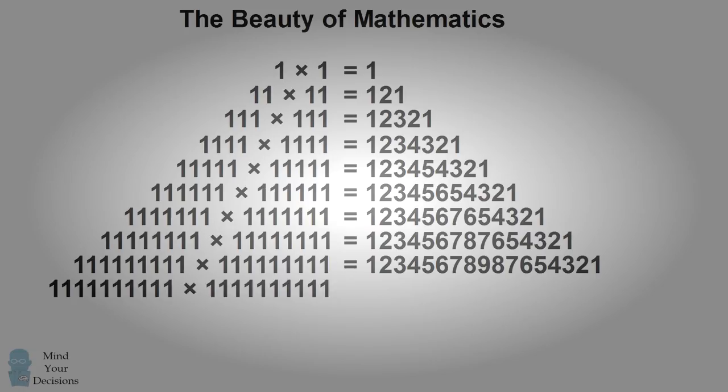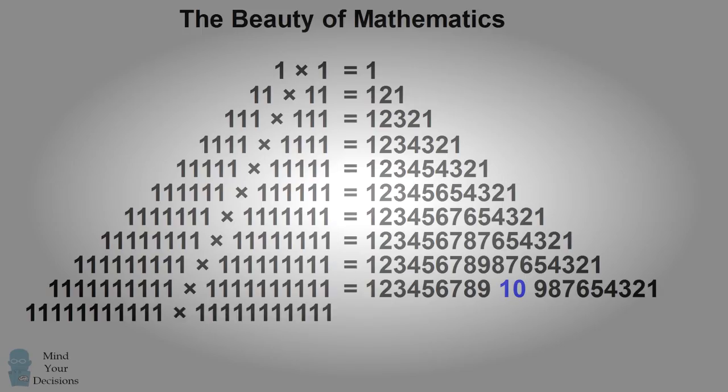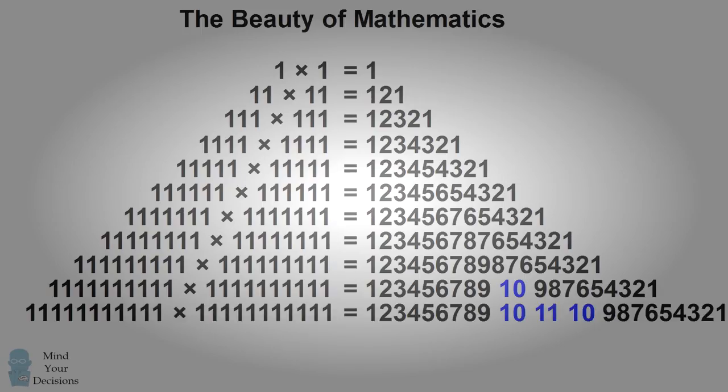But what happens when you have a number which has 10 ones? How would you multiply that by itself? If the pattern continues, you would count up to 10, and then you'd count back down to 1. If you had a number with 11 ones in it, you would count up to 11, and then you'd count